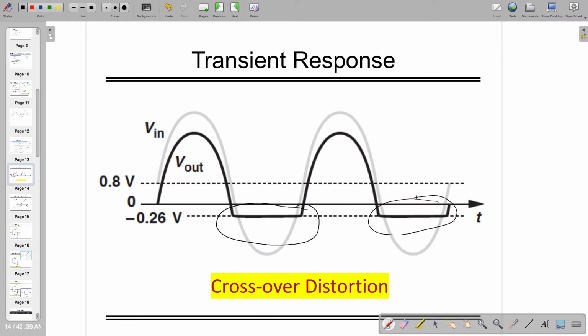When it's crossing from positive to negative, you experience that Vout is stuck at one value, and that is what we don't want. So it's also affecting the linearity. You can see some sort of harmonics in your output, and it's not advisable to have more distortion